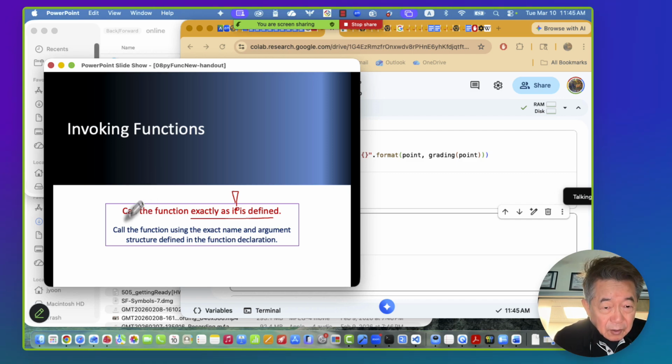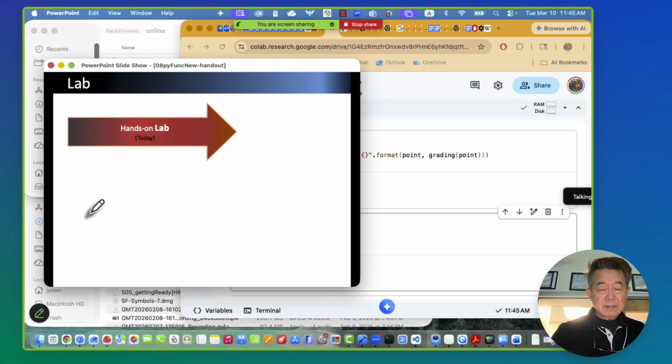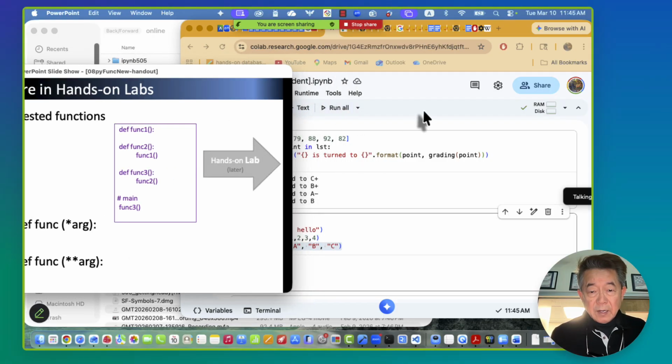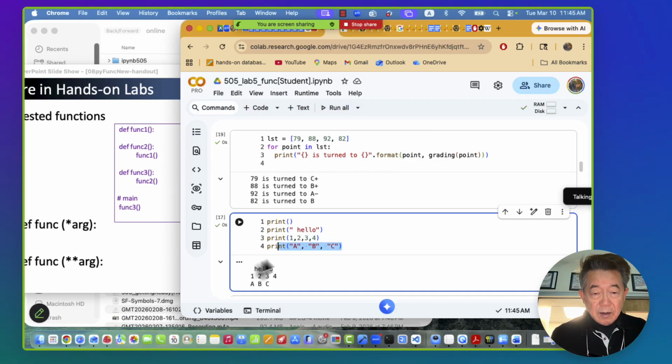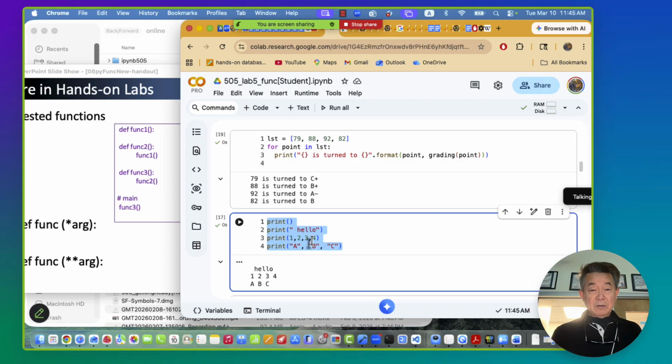Call the function exactly as it is defined, right? But I am confused because I do not know how the function is defined. But when I invoke it, I can invoke it